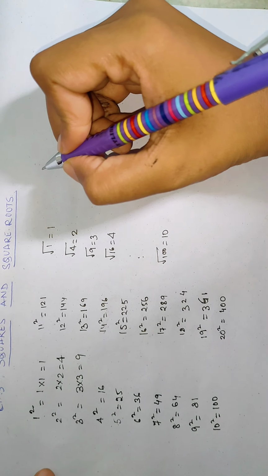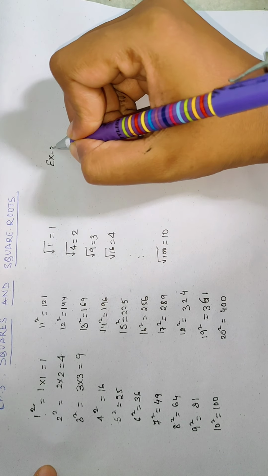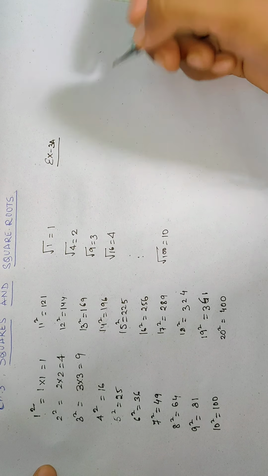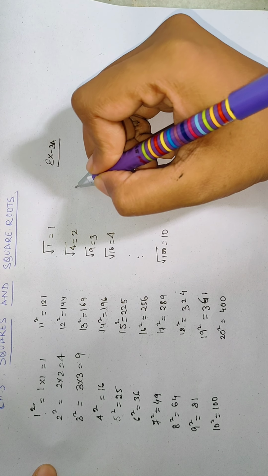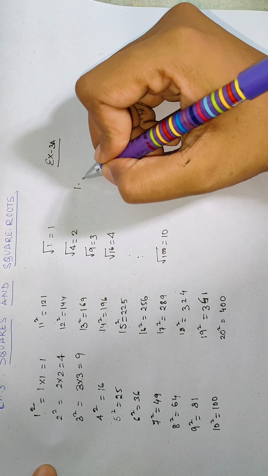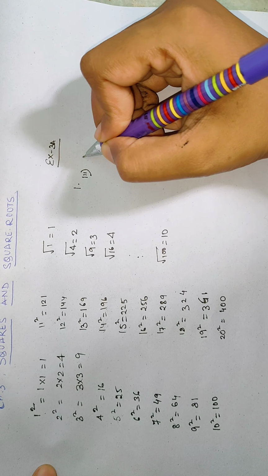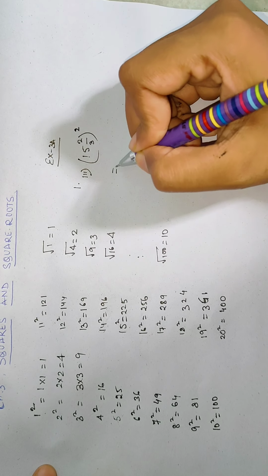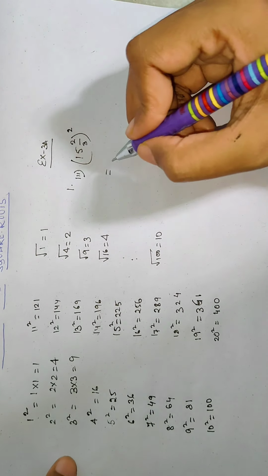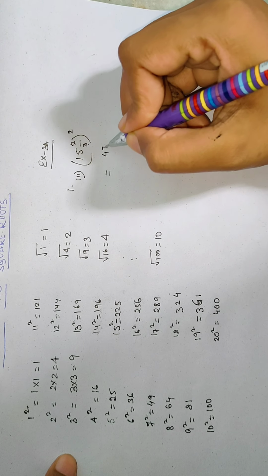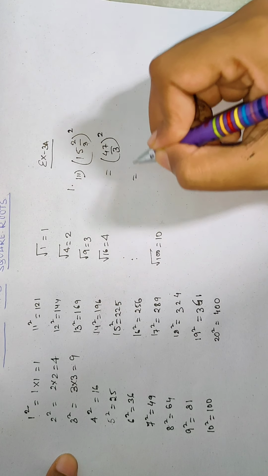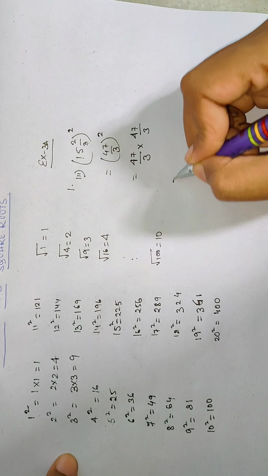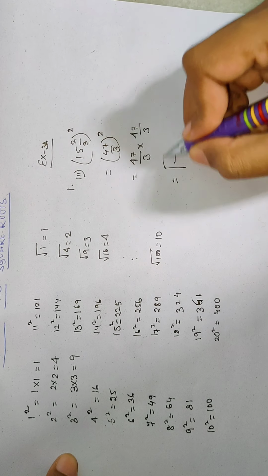Okay, look at this first exercise, that is exercise 3a. I will explain one sum from each part and you have to do the rest on your own. Like number 1, in number 1 (3) I am explaining. You have to find the square of 15 whole 2 by 3. First you have to change it into an improper fraction. 15 threes are 45, 47 by 3 whole square. It means you have to write this 47 by 3 two times and then multiply 47 into 47 and 3 into 3. Find out the answer.